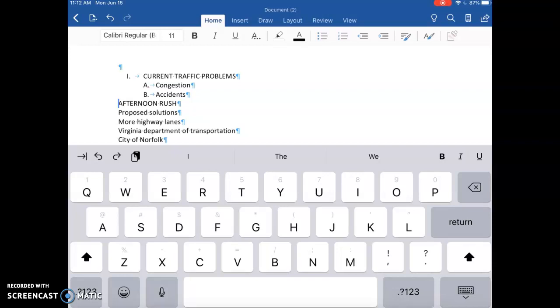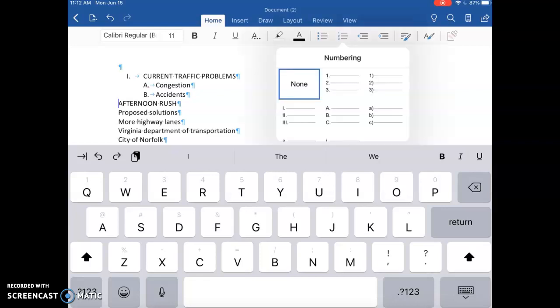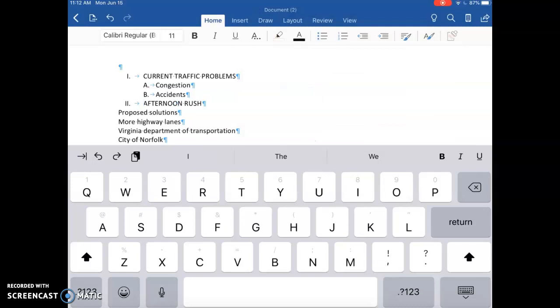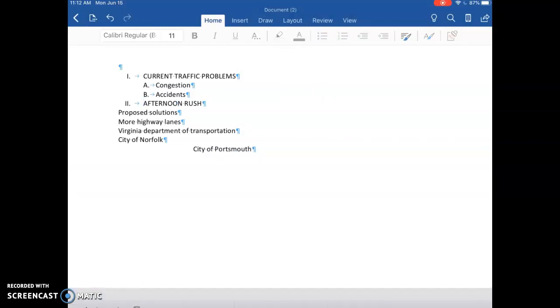So now the second problem is that we have afternoon rush. So we're going to format this by coming up to the alphanumerical list up here, and we're going to select Roman numerals. So that makes it heading 2. All right, now we're going to come down to proposed solutions,